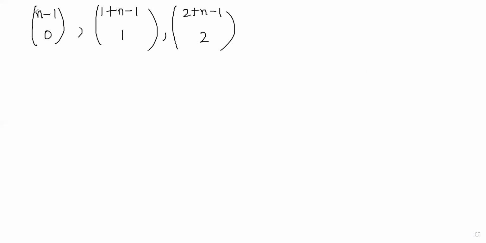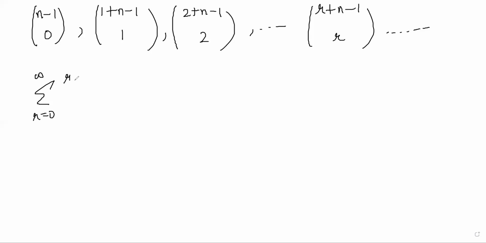So this is the pattern: (n-1)C0, (n)C1, (n+1)C2, and so on till (r+n-1)Cr, and this continues. If this is my sequence, what will be my function? It should be summation r from 0 to infinity (r+n-1)Cr x^r,